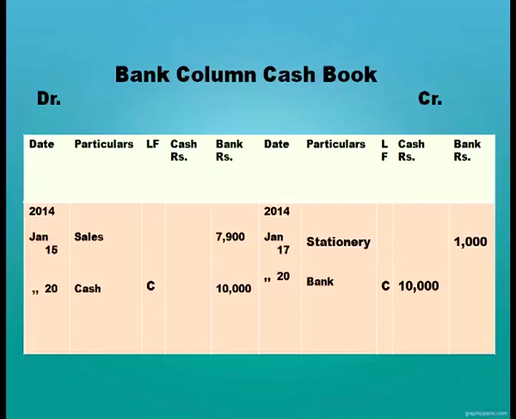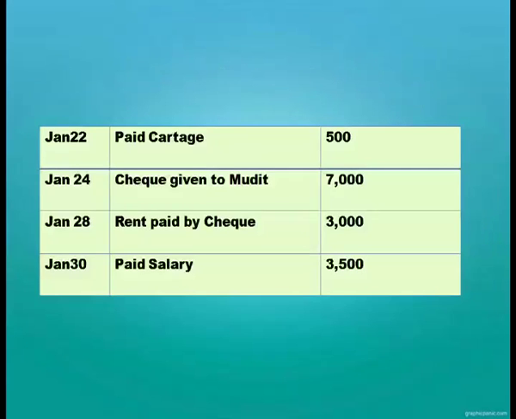Cash is deposited in the bank. The entry will be bank account debit to cash. So, on the credit side "By bank", debit side "To cash". When you are writing "By bank", you will post in the cash column. When you are writing "To cash", you will post in the bank column. Date you have to put by reading the transaction, and representing that it is a contra entry, you have to write capital C in the ledger folio column.